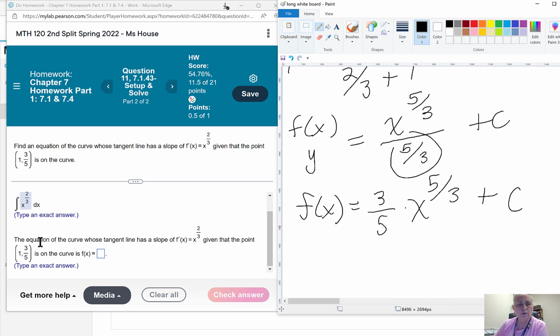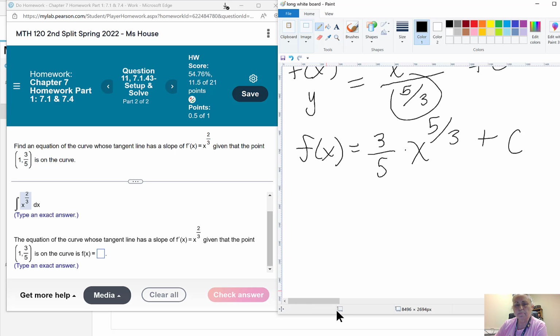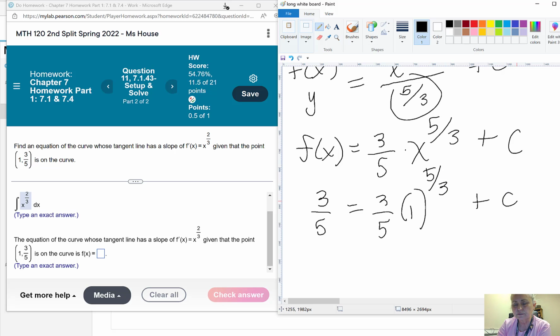Well, we know an x and a y. So y is the output, or the f of x value, so we put 3/5 here, and we put 1 here,